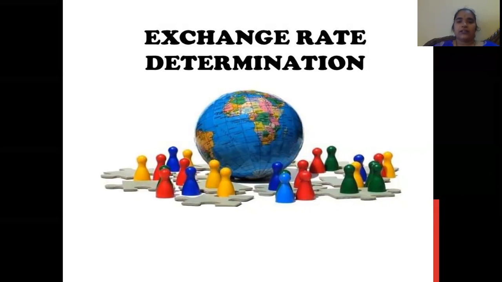The demand of the currency means the quantity of currency demanded because of an increase in international trade, international cash flows, tourism, unilateral transfers, and so on. So based on the demand for the currency and how much of that currency is supplied, an exchange rate is determined, similar to normal products, goods and services. So we'll go into detail.